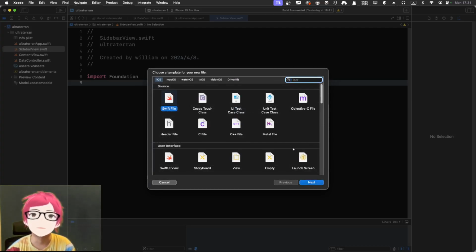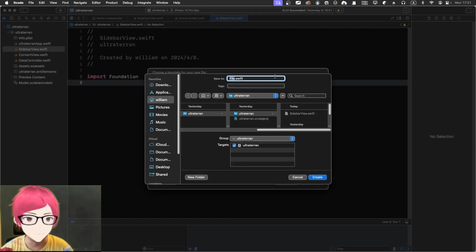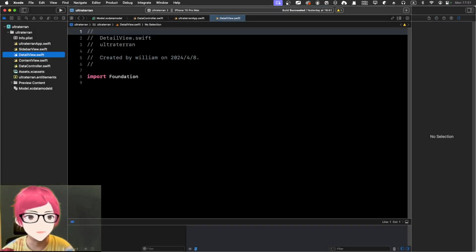Let's think about this. Sidebar, and maybe just the detail. But that would be two views, so we have to add some of the functional view here. Now let's just do that. Let's do this detail view. All right, so that's two views down,